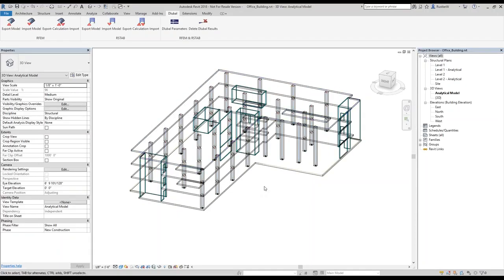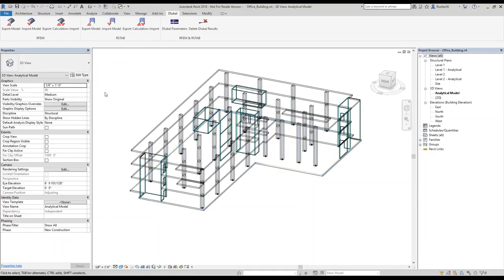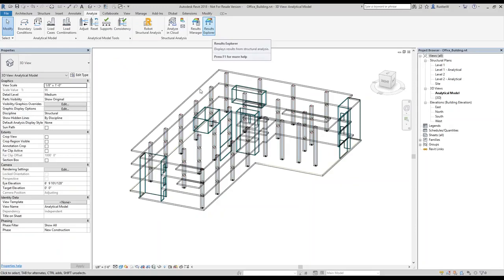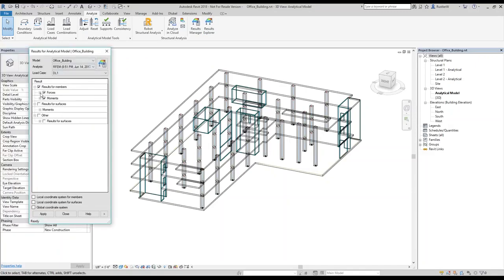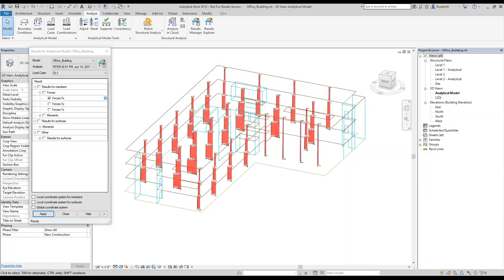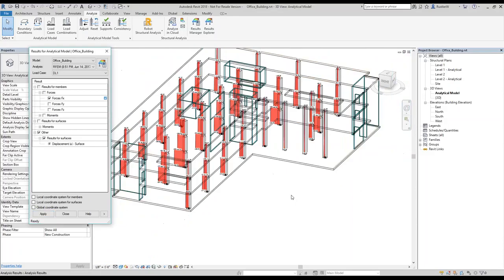For this, you must enable the imported categories. And you have to have installed the Structural Analysis Toolkit. And then this button, Result Explorer, will show up. And we can then control with this dialog here which results I would like to see. For example, axial forces of the members. I apply, and we'll get the axial forces here imported with the values. Yeah? Or at the same time, I can say, please show me the displacements. Apply, and you get